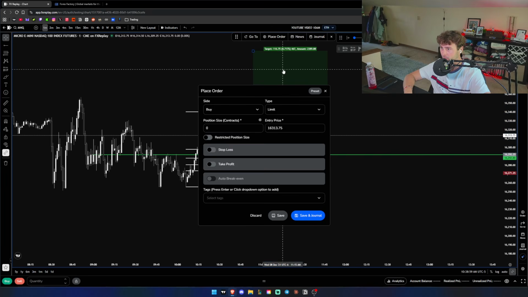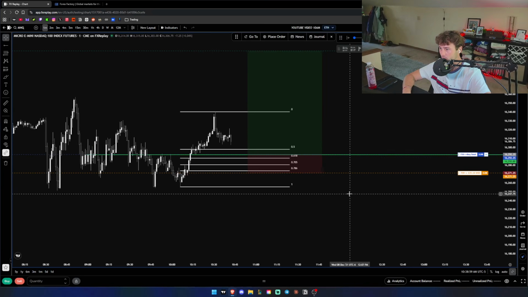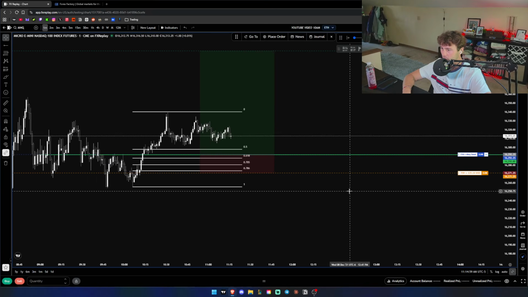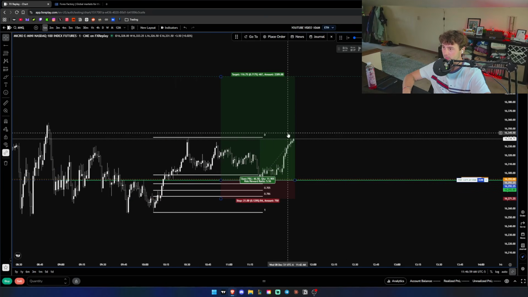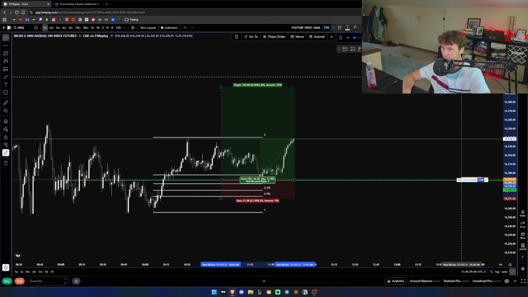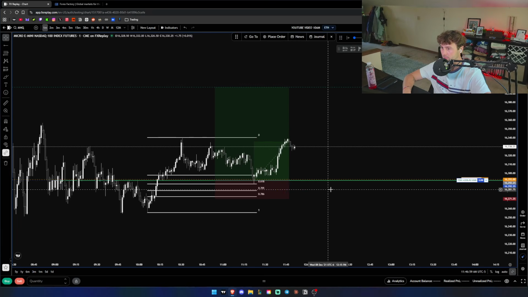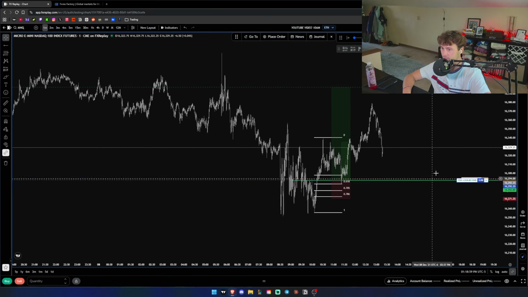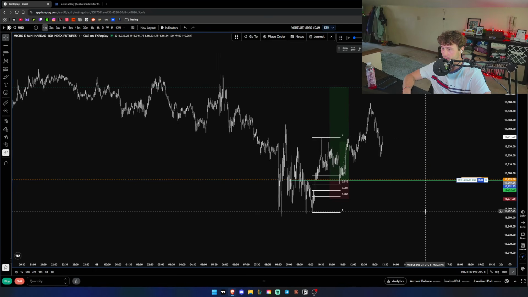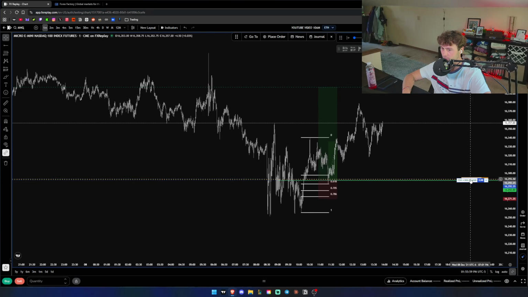21-point stop. Not looking good, gang. Definitely going to be here. Let's actually think about our stop or our TP here. Let's just place, we'll do a 5R. Bang. And looks like might get stopped out BE here. Probably would have trailed my stop to that low, but we'll leave it. Definitely would trail it to that low.